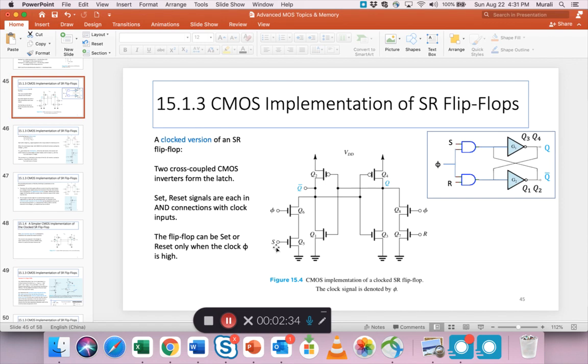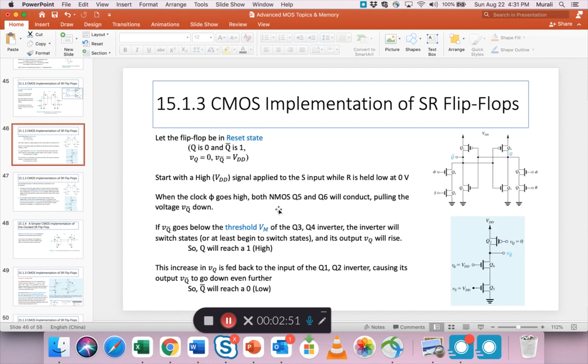And by definition, when set is high, Q output goes to 1. Similarly, when reset is high, Q bar goes to 1, Q goes to 0, right? So that's the basic logic. I also described to you that if we start with a reset state, that means Q is 0 and Q bar is 1, and from there you try to put a set input to the flip-flop, then it should flip, because with the set input and the clock input both on,